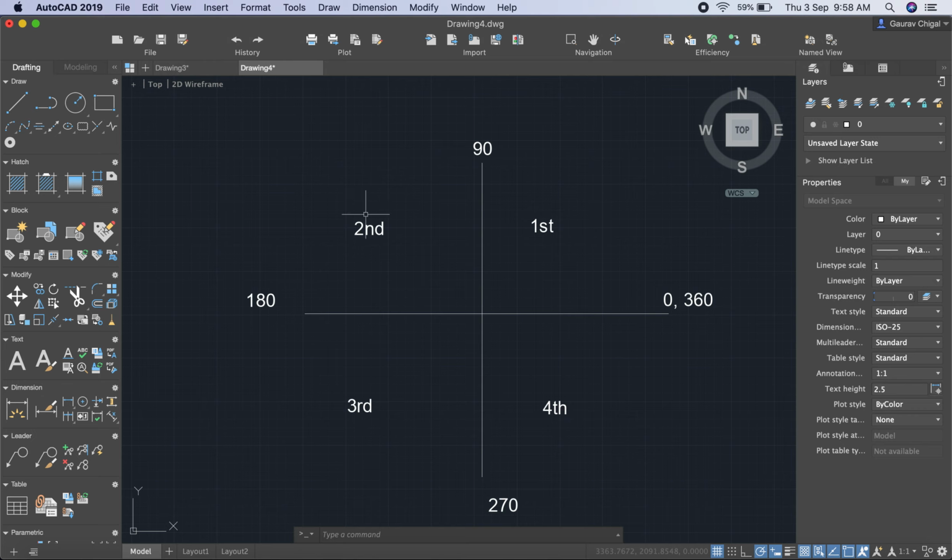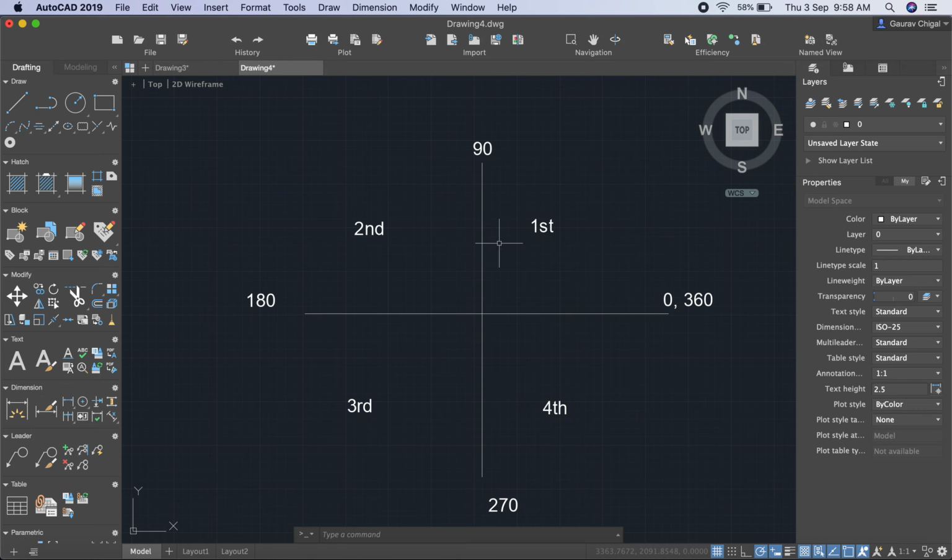If you want it in clockwise direction, you have to define it in the options so that your angle always moves clockwise. But by default the software uses angle direction always in the anti-clockwise or counterclockwise direction. Now this one is your first quadrant, this is your second quadrant, this is your third quadrant, and this is your fourth. So there are 4 quadrants in which you can make drawings.